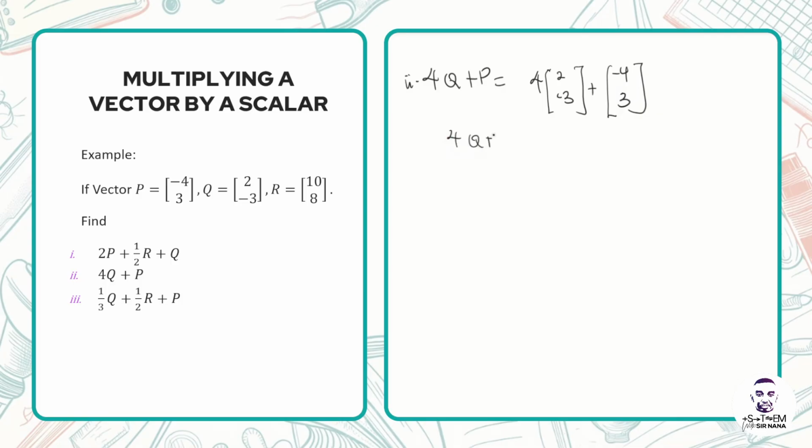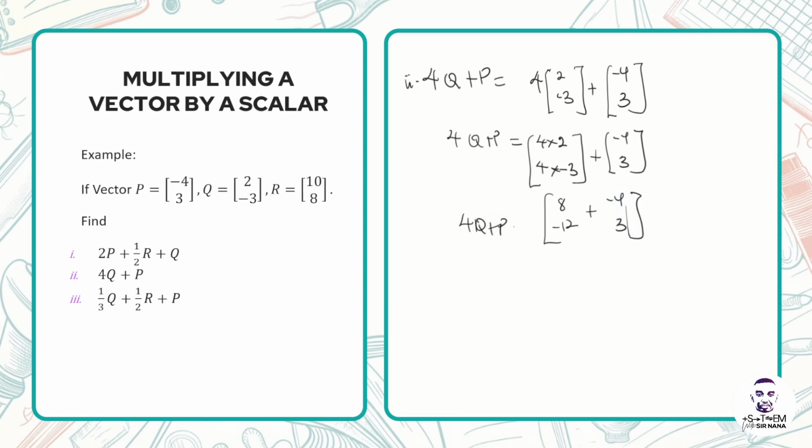So 4q plus p should be equal to 4 multiplied by 2, then 4 multiplied by negative 3. You can perform it this way, step by step, and then you have plus (-4, 3). So 4 times 2 gives us 8, and 4 times minus 3 gives us negative 12. Then we have plus (-4, 3). So our 4q plus p